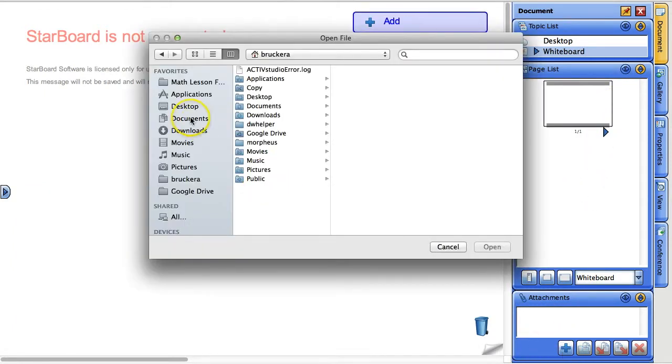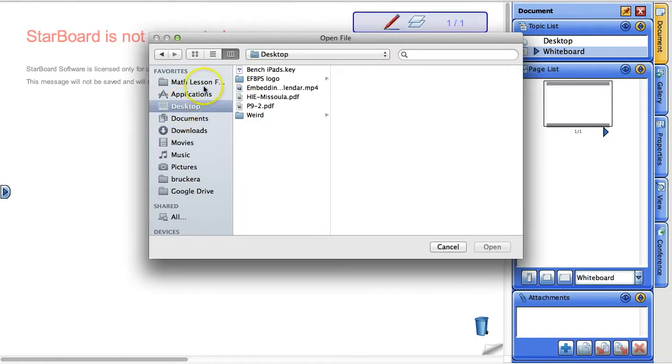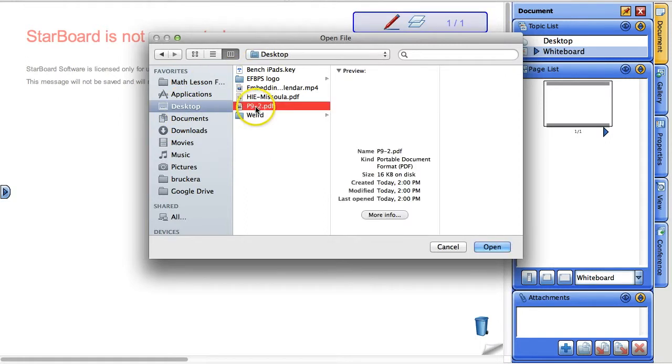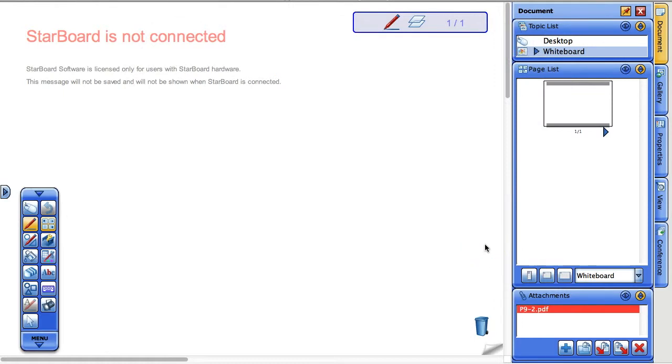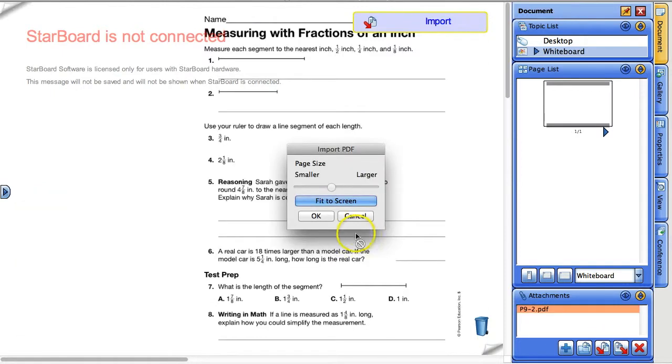I want to click on the plus, and then I just happen to have a PDF of a math worksheet on my desktop. So I'm going to access that, and it now appears as a file in my attachments section at the bottom. As I hover over each of the elements at the bottom, I can tell what they're all for, but the one I'm looking for right now is Import. I see that it's the third one from the left, and when I select it, it automatically brings the document